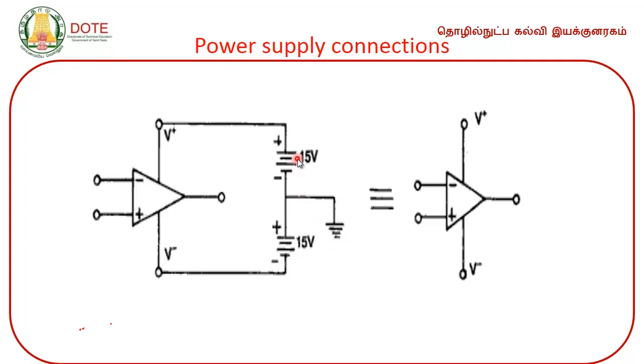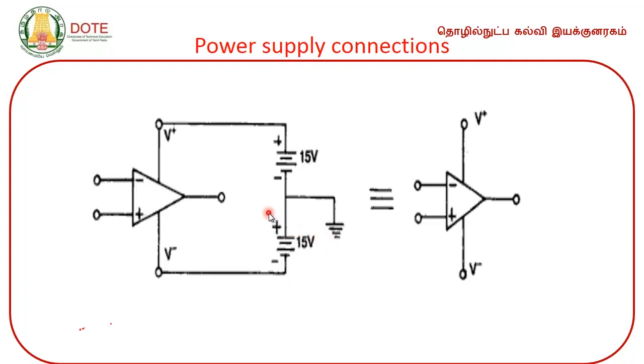So when you have 2 sources connected like this, now you get 2 polarity supply, right. This is the positive supply, you can directly connect this positive terminal of this source to the pin number 7, that is positive voltage. Similarly the negative terminal of the other battery, you can directly connect to the pin number 4, that is negative voltage, okay. So simply you need 2 power supplies, connect the negative of one power supply to the positive of the other and ground that terminal, and now you have